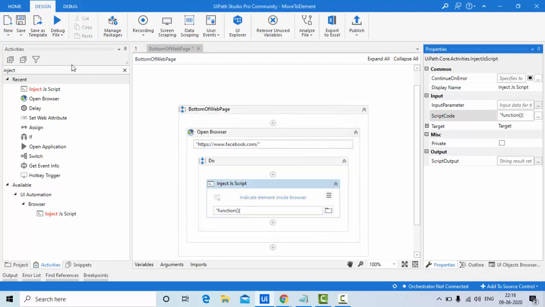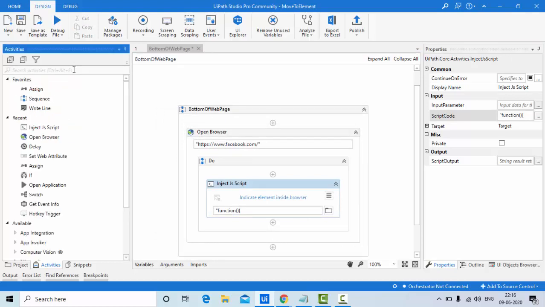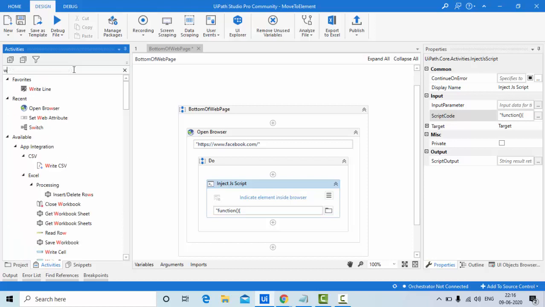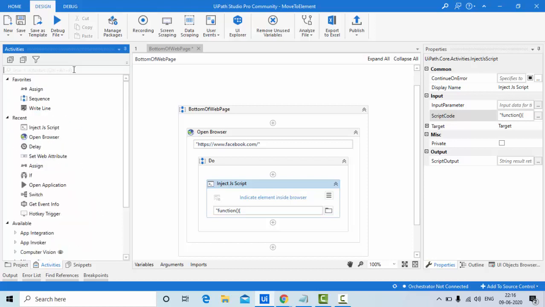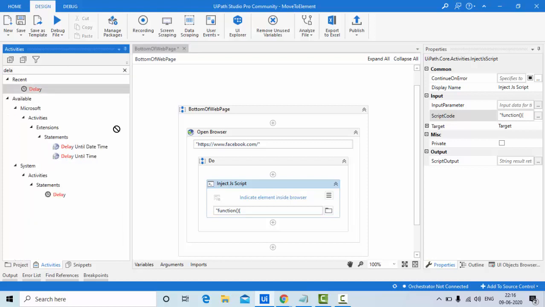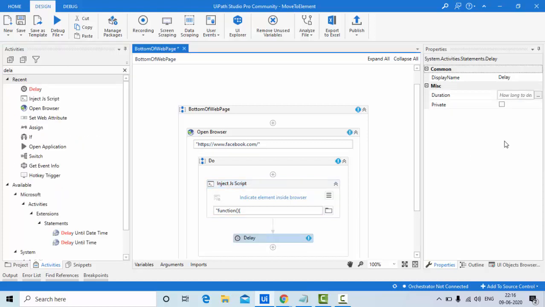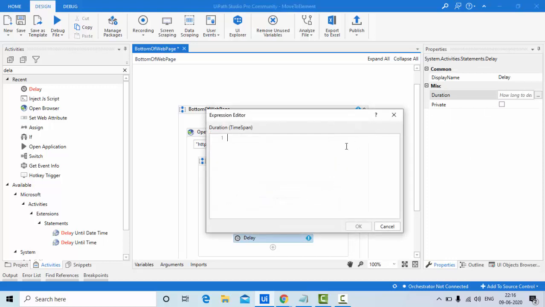Just to see how it is happening, I'll use something called the delay activity, sorry, and mention something like 10 seconds.